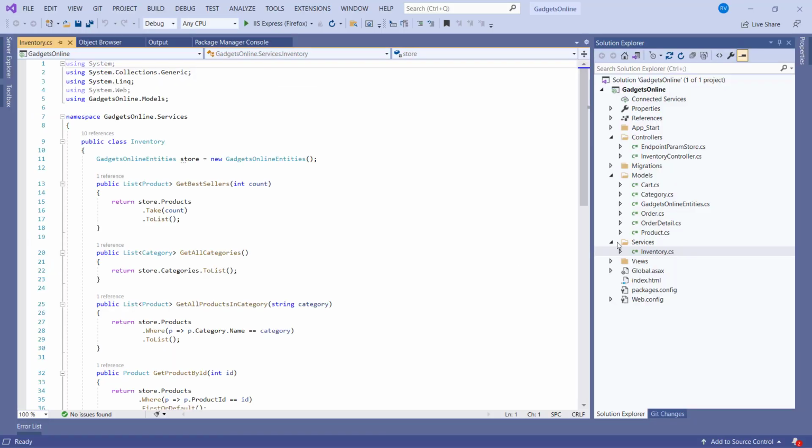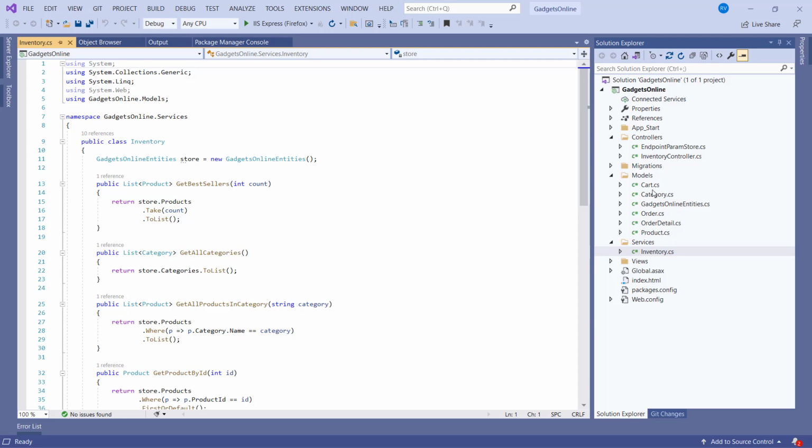So here is the extracted service, and you will notice inventory.cs is the class which I intended to extract as a microservice. So the whole class is copied as it is. All the dependencies, which is my Entity Framework data model as well as DB context, all those classes were also copied in the microservice code.